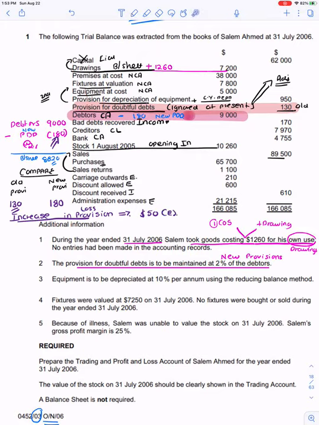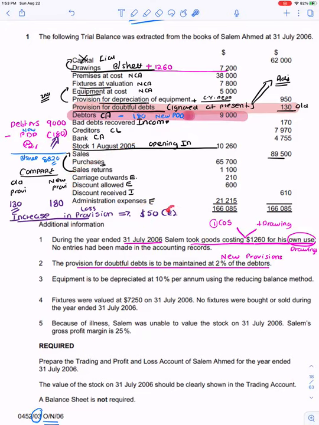We repeat again. The provision for doubtful debts in the trial balance is ignored temporarily. Whenever you have an adjustment for new provisions, create a new provision on the debtors. Old provisions you will compare with the new provisions. If there is an increase in the provision, it is a loss for you and the loss is for $50, which will be shown as an expense.